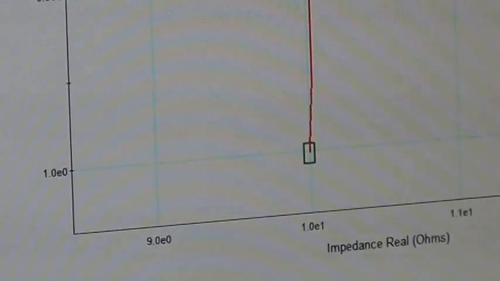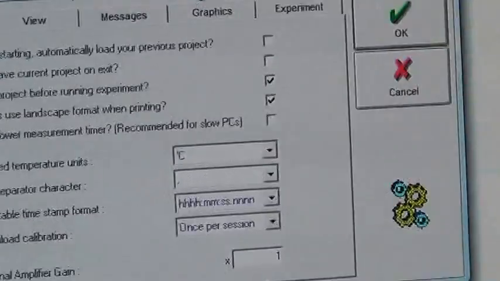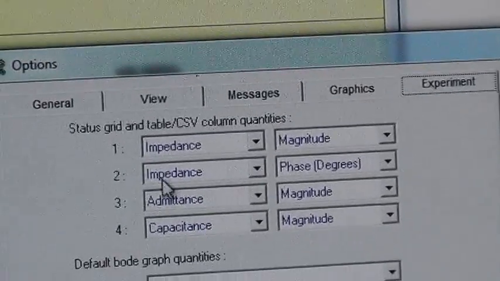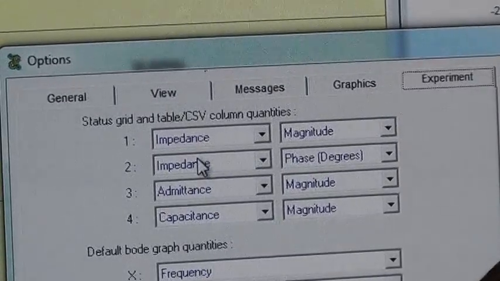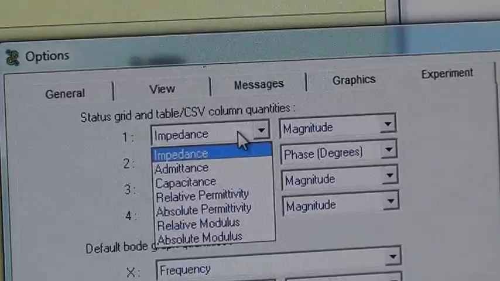Here in tools, in the options, in this experiment, these are the files. Normally the data will get recorded and saved. So we can see impedance versus magnitude, all this. Unless we want anything else, you can change.